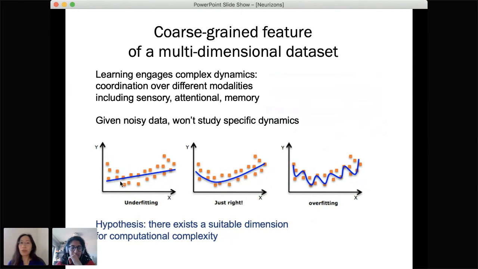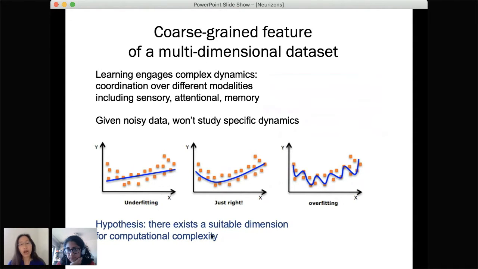And this is a simple idea that we're all used to in just thinking about how to extract the right structure or the right curve from a bunch of data. And you can see that if you use too few parameters, you run the risk of underfitting. If you use too many parameters, then you might capture all the data, but then you probably capture a lot of noise, and it's difficult to generalize when you have new data. And there should be the right Goldilocks range of parameters or dimensions that will allow you to capture the trends without capturing spurious information.